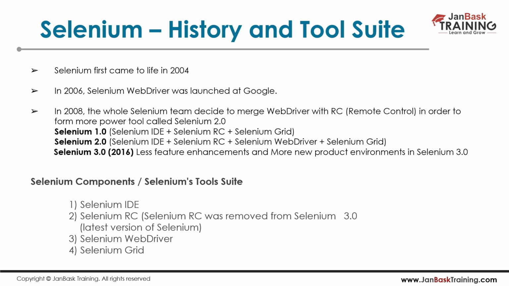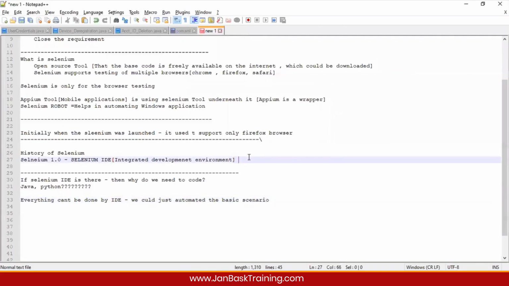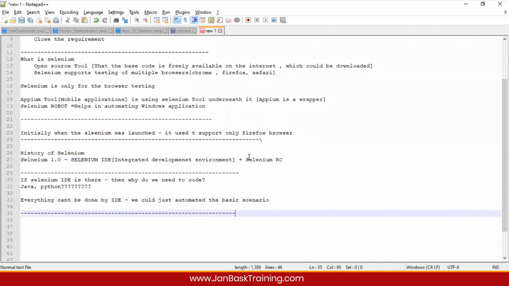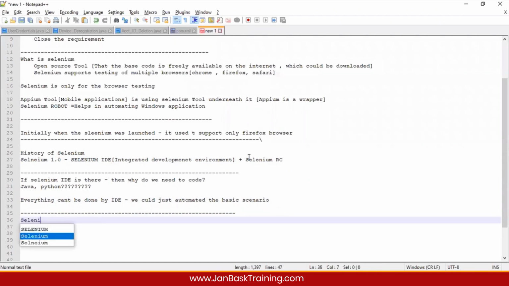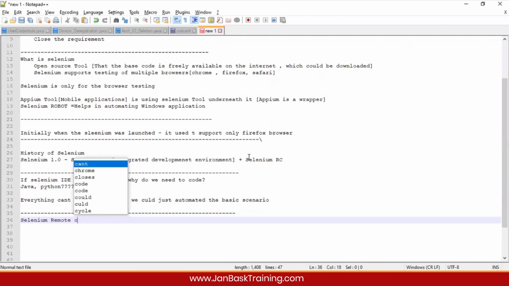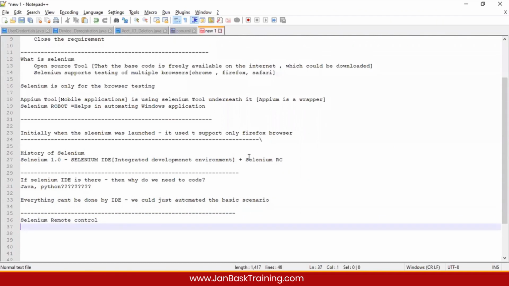So Selenium RC, what's that? Selenium RC is something called Selenium Remote Control. Selenium Remote Control was the very first thing in which they used to perform some coding.